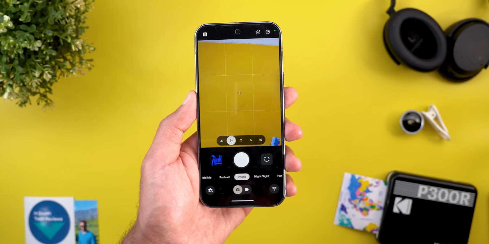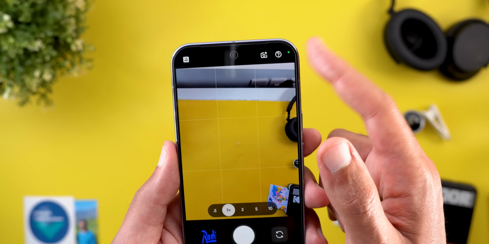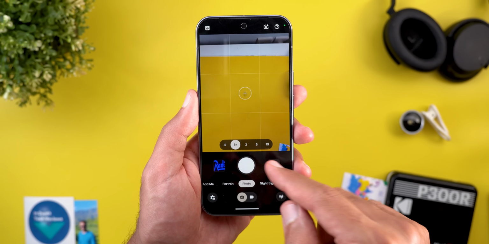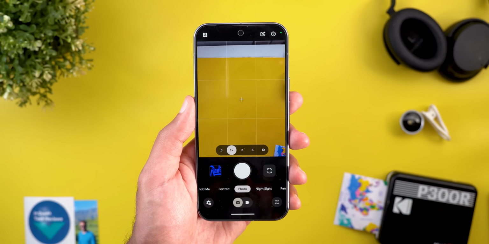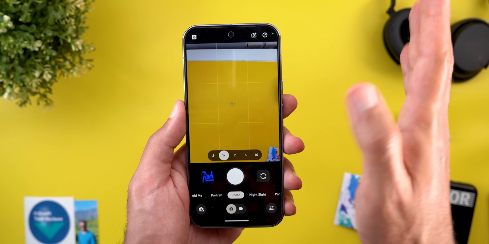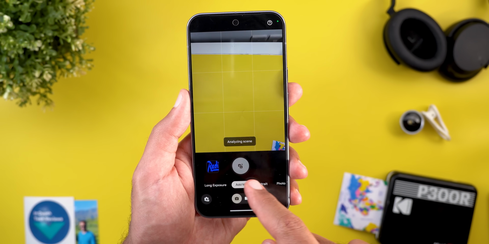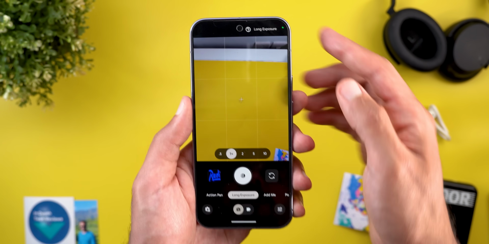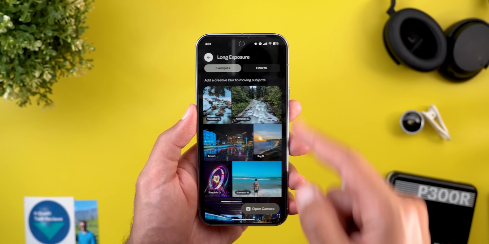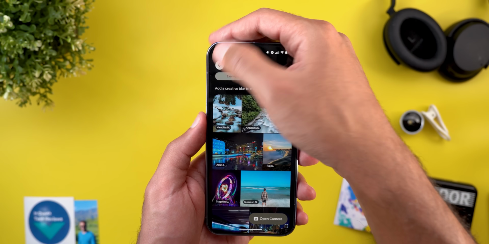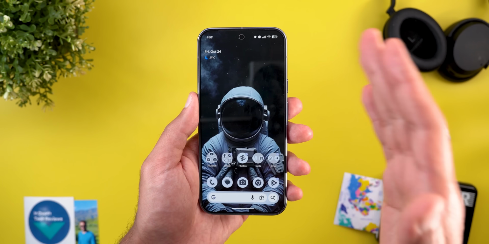The third difference between version 10 and 10.1 is sometimes the help button at the top right corner shows the current camera mode you are on to let you know that tapping on it will take you to the articles specific to this camera mode. Sometimes it happens, sometimes it doesn't, but I have to keep switching between camera modes for this animation to appear. As you see, it says here long exposure, and when I tap on it, it takes me to the long exposure help page. So these are all the differences between version 10 and 10.1, but let me also show you